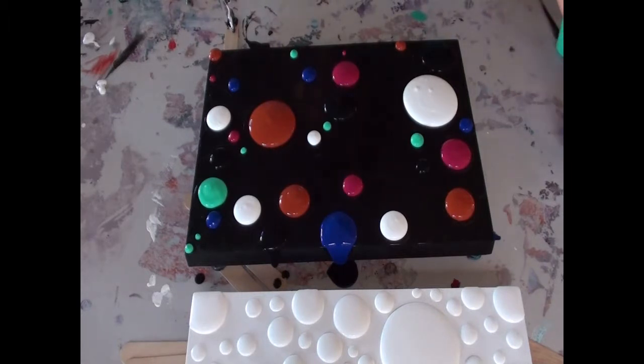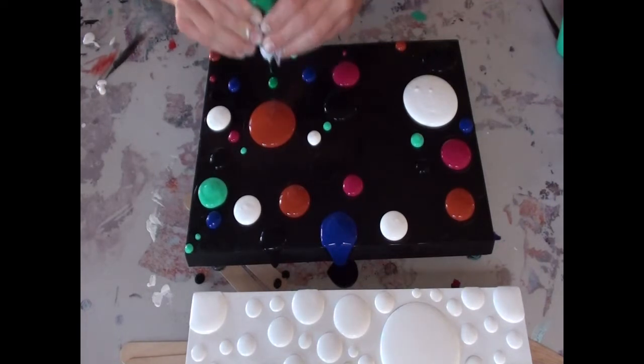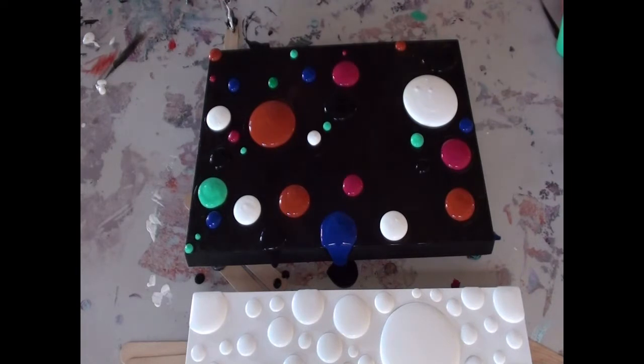Alright, let's do... maybe some green. Let's do some green. And once again, this is a phthalo green. That air pocket. And, let's do...